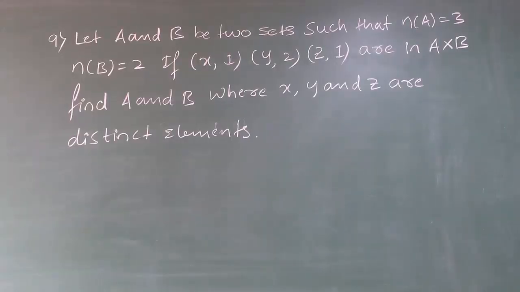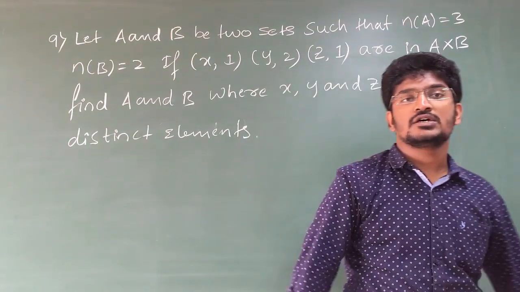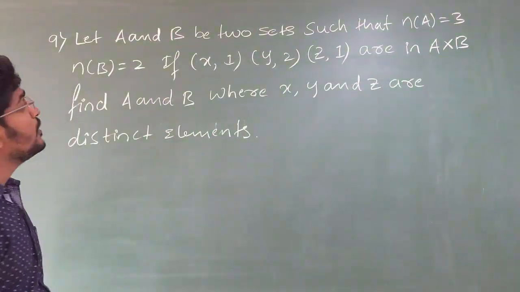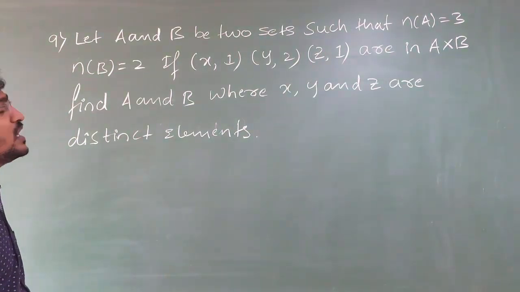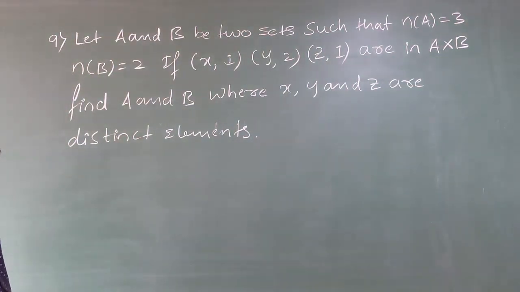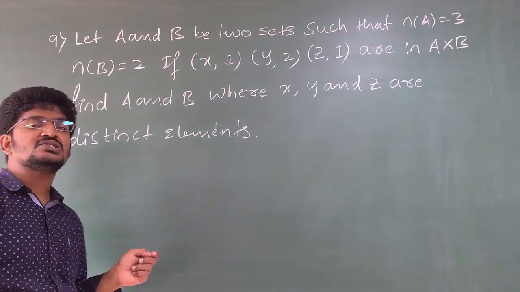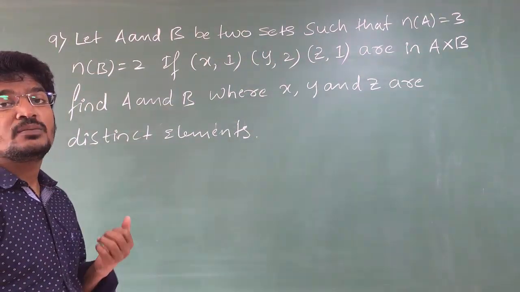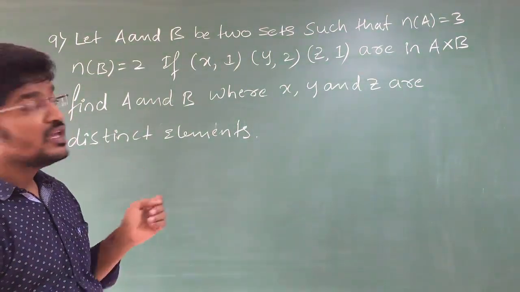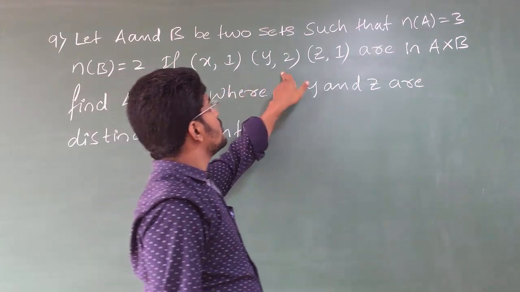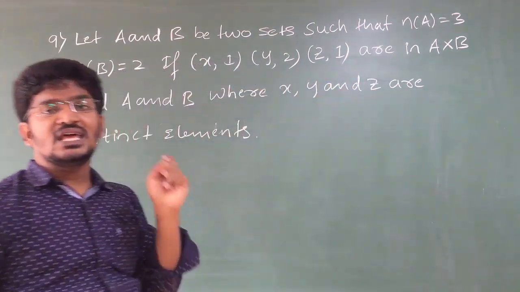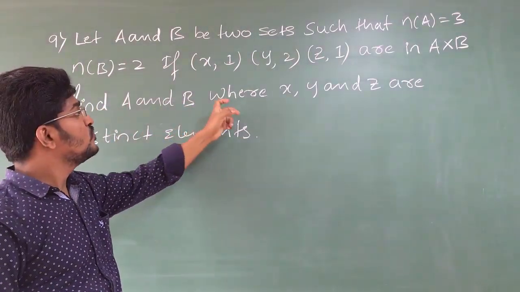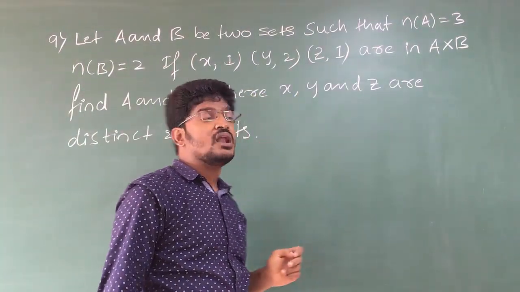Okay, students. Now let us see the 9th question. Let A and B be 2 sets such that n of A equal to 3, n of B equal to 2. That means elements in the set A are 3 and elements in the set B are 2. If (x, 1), (y, 2), (z, 1) are in A cross B, find A and B, where x, y and z are